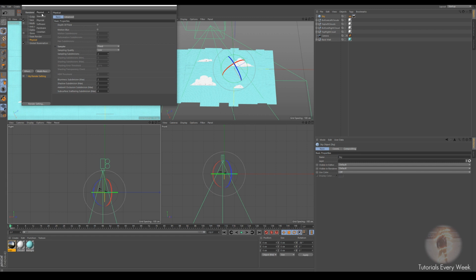It's the actual physical renderer, and there's a little bit of global illumination. I turned it down to low because it does impact your render time if you change it from low to high or medium, so I just kept it at low for the tutorial, but you can change it if you